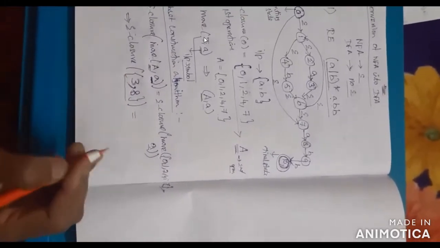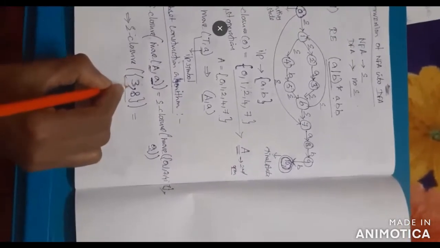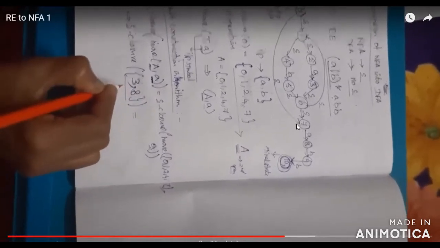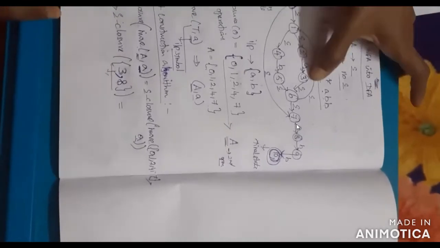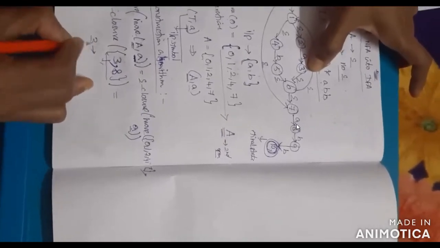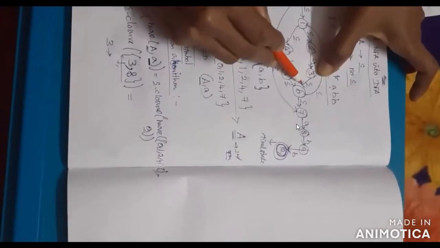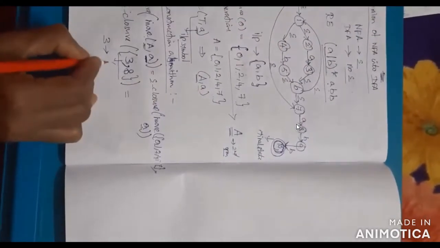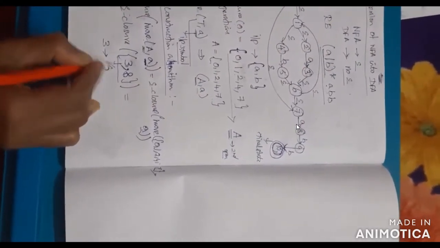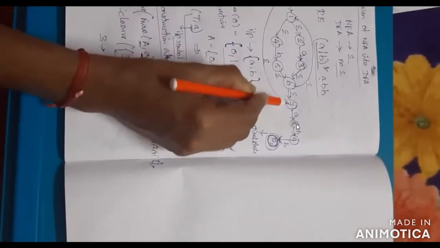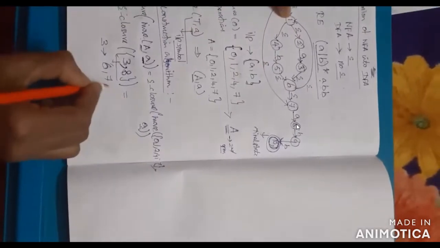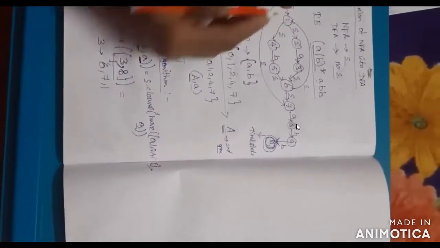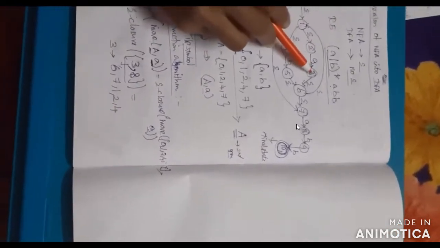Okay. How to add for the new state? So the 3 comma 8, you have to check. How to check? First check for state 3. 3 can be moved from 3 to 6. Then 6 can be moved from 6 to 7. Again check 6, it can be moved from 1. So 1 can be moved from 1 to 2, 1 to 4. So state 3 can move from 3 to 6.